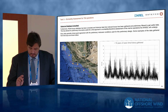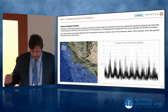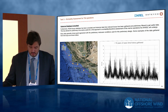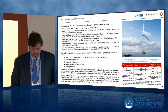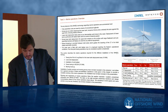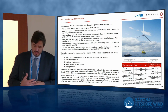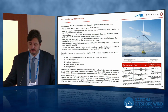As said, to assess what would be needed, we did go through the available wave data. There's quite a lot of information there to assess the workability, the number of installation windows we would need. And with that, we could size the marine spread, which in this case was governed by the hookup operation. But the good thing about the solution of many floaters is that we are basically using tugs, so we don't have very heavy lift vessels or means that are